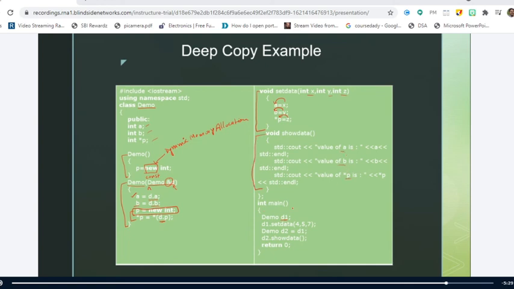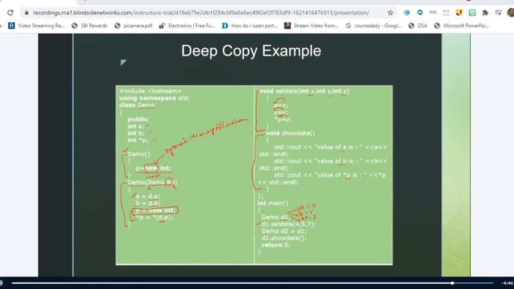And coming to this point, main function, demo D1, it is nothing but creation of an object. Is it right or not? You are creating an object. So when you create an object, the default constructor demo will be invoked and the memory for this p new int is allocated, right? And the memory for the pointer will be allocated by using the dynamic memory allocation. And d1 dot set data 457. Therefore, whatever values we have for this d1, that is data members, nothing but a, b, and star p, they will be having the values of 4, 5, and 7.